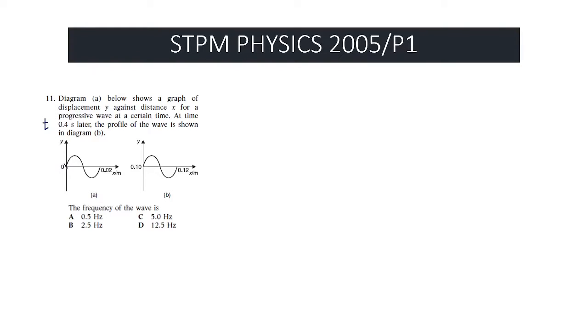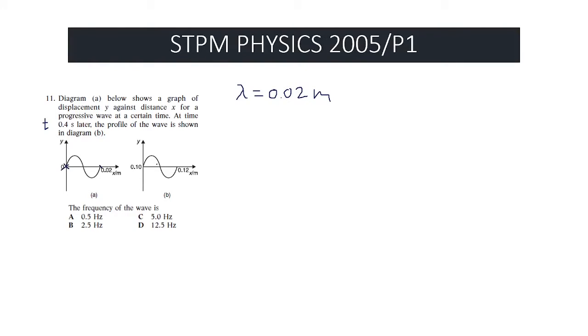The first thing is the wavelength. You notice that this is a complete cycle for a wave. So from 0 to this point, 0.02 meter, is given by the wavelength. So lambda equals 0.02 meter. And now after the time t, 0.4 second later, let's say we take this for a reference point